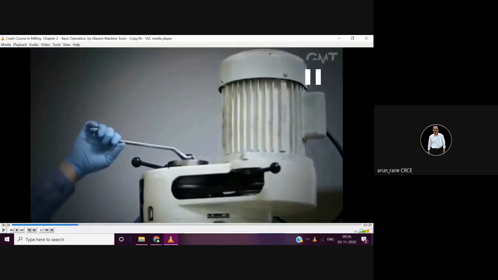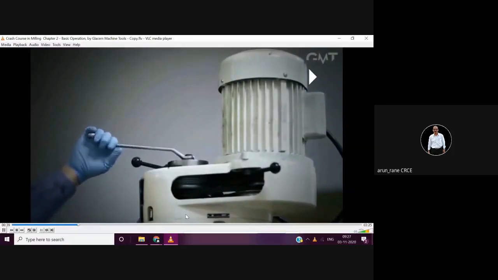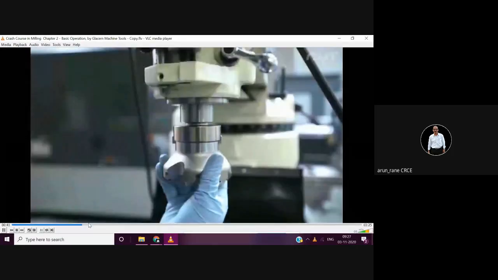Tightening the drawbar with the wrench. So now the cutter is held with the help of a bolt, and that bolt is tightened from the top. But in case of CNC, all this is automatic, with hydraulic clamping. The conventional tool holder securely holds the tool within the tapered spindle socket.